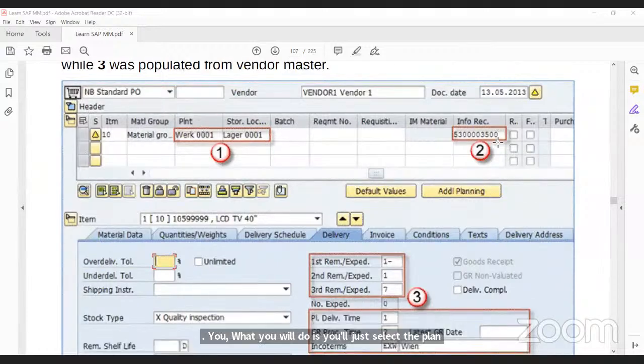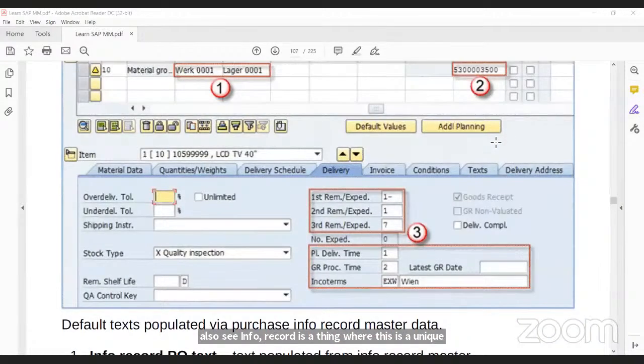See, the info record is nothing but a unique number which is saved in SAP. From this reference, the system will pick up the correct price. This is the unique info record number which is maintained. Here, in the delivery tab,